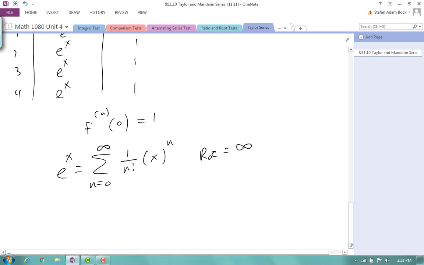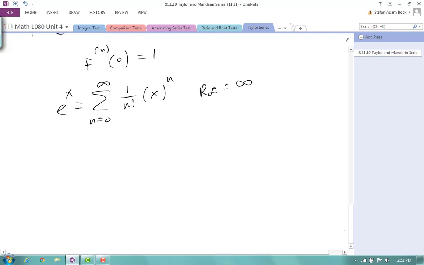But I can do all sorts of things with these because this is a function which is now equal to the Taylor series, or equal to a power series. So if I wanted to find, for example, e to the 4x minus 3 as a power series,